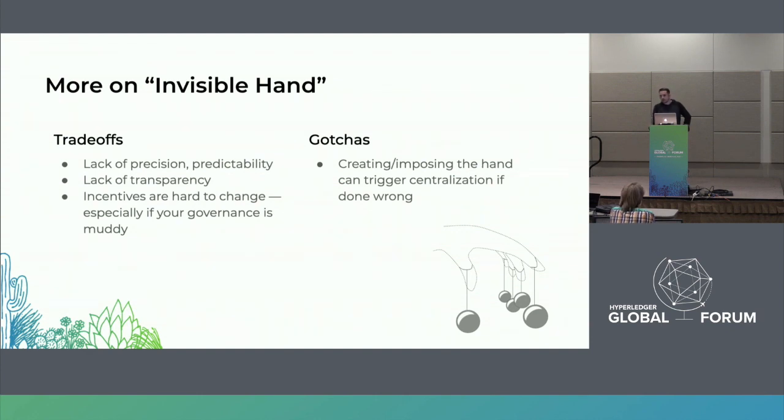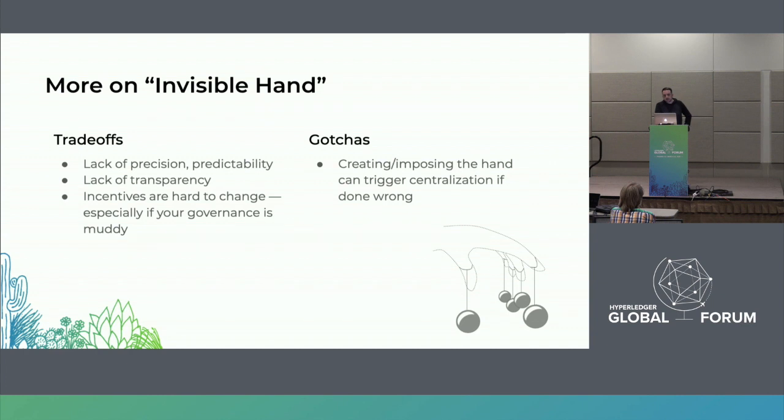It's also important to note that sometimes it can be hard to change an incentive. Once you get it well entrenched, people don't want to give up their incentive, and you say, hey, I think I'm going to change the way incentives work in Bitcoin, and you end up forking the community or something because people really don't want you to change that. So that's another trade-off you're making, okay?